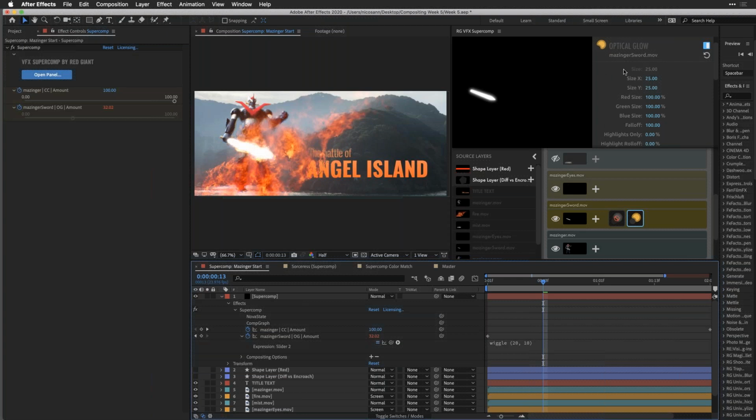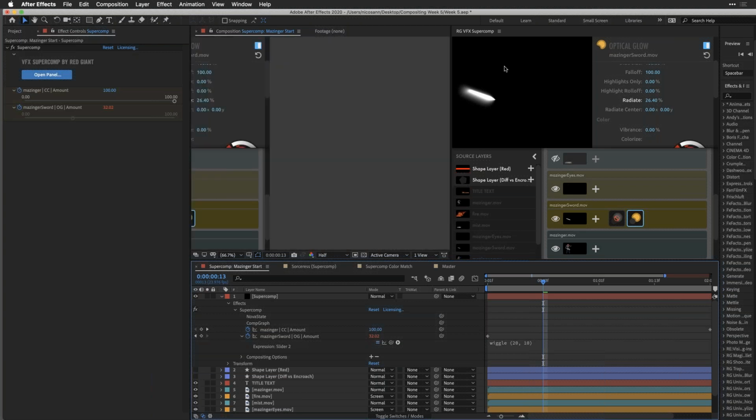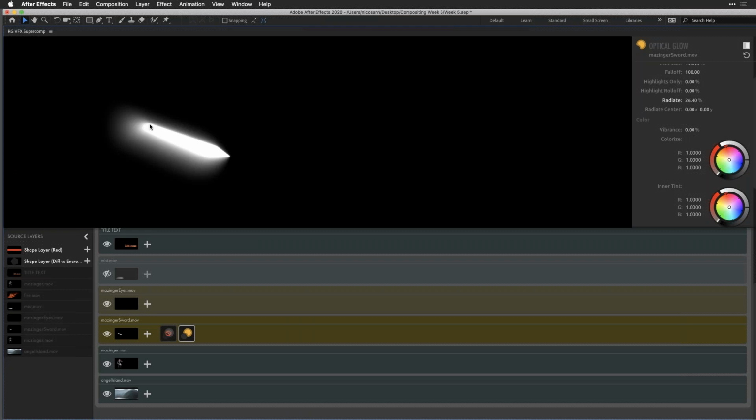And some of those parameters include separating the size in both X and Y values, which could create a glow just on one particular level. So expanding it right now on the Y channel, along with this radiate control, which would create yet another kind of cool glow effect. So this is way too much. But if we see a little preview here, specifically in the VFX Supercomp, you can see what radiate is doing